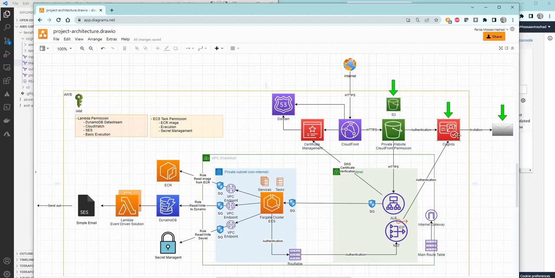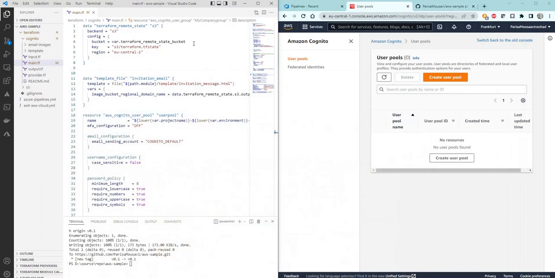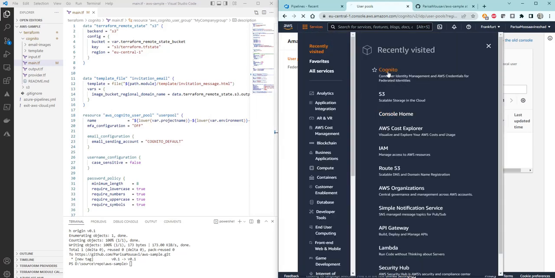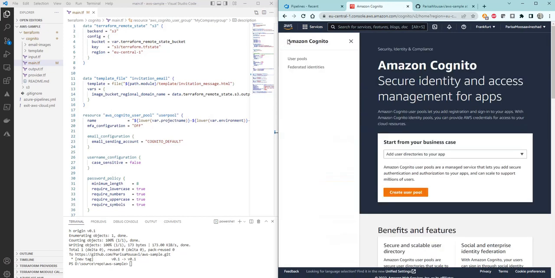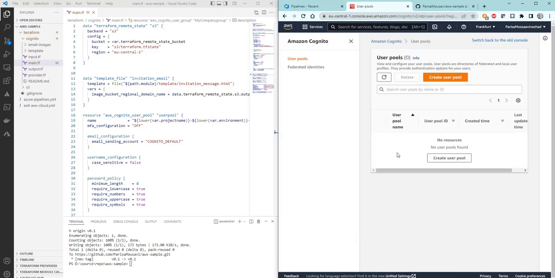First, I will go to the Terraform implementation of Cognito, which I have already provided for you. Here is the implementation of the AWS Cognito service in Terraform. You can find the source code in GitHub. I will upload it with public access to be available for use. If you go to your AWS console and look for Cognito, you will be redirected to this page, and under user pools you would see the instances which we deploy